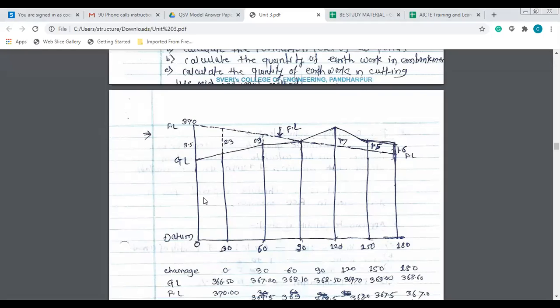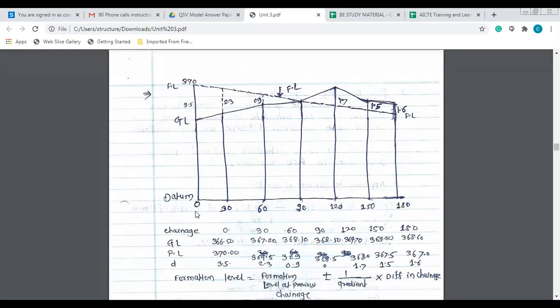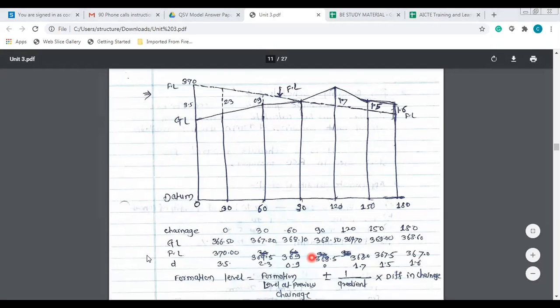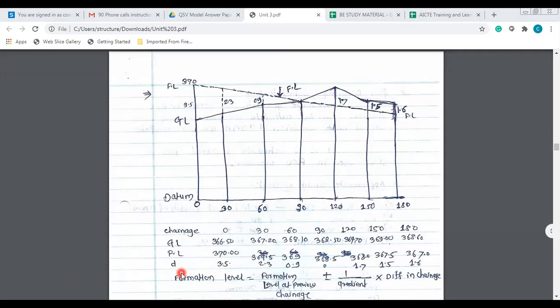After drawing this, just note down this table. I will use the pointer to note it down. You have to write down this table, because this table is also given in the problem. Chainage, make the 4 rows. First row chainage, second row GL, third row FL, and fourth row is your depth, that is D. So 4 rows you can prepare, and the columns, see the columns. Column number 1 will be this column, chainage, GL, FL and D. Column number 2 will be 0. Column number 3 will be 30, 60, 90.